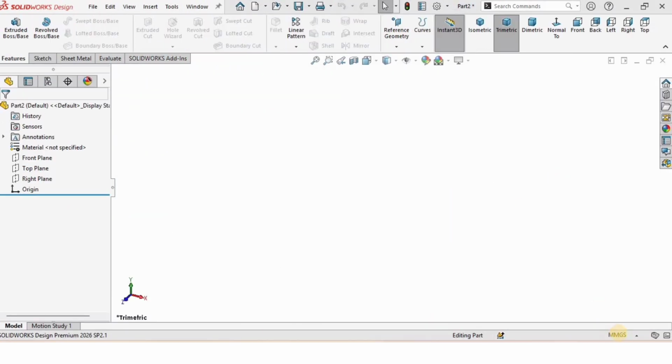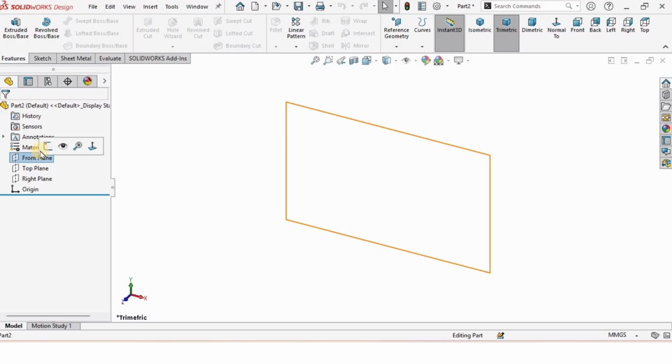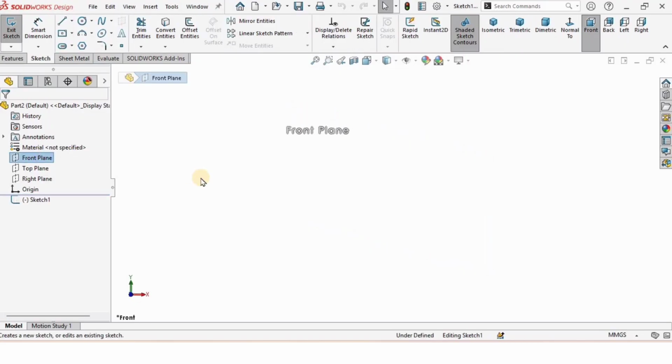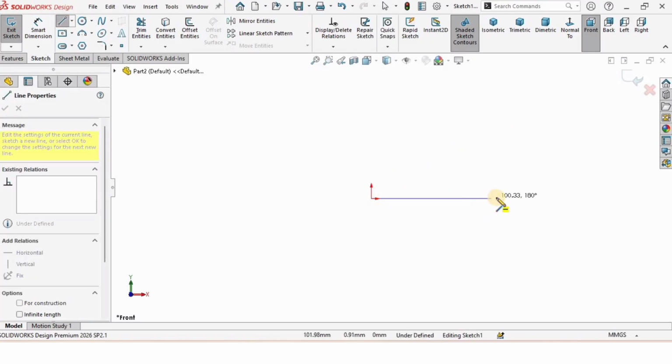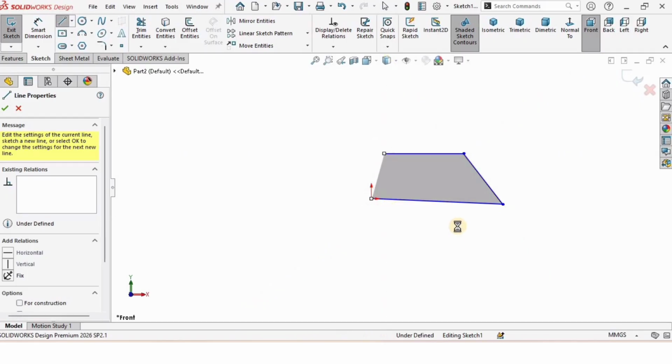So let's begin. Open a new part file, and I'm working in millimeters, so I will select MMGS as units. Then we need to select a plane here. For example, if I select the front plane and click on sketch, that is the very first option. Then I will select the line tool, and at this origin point I will start the line and create a horizontal line, then create an inclined line, then a horizontal line, and then I will connect it back to the